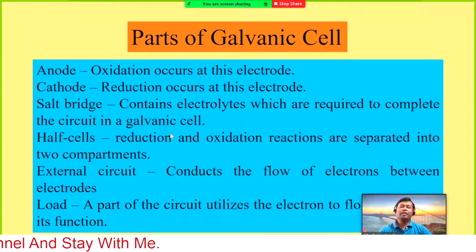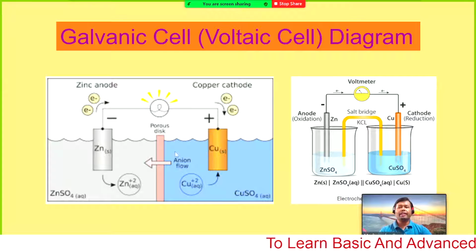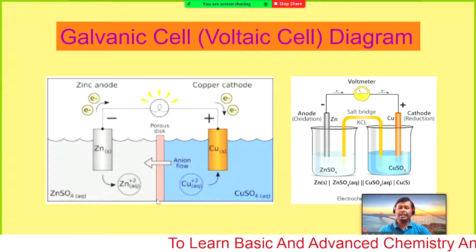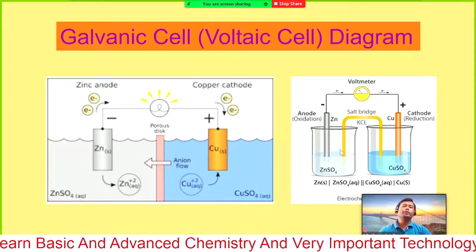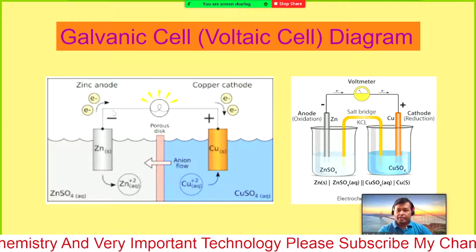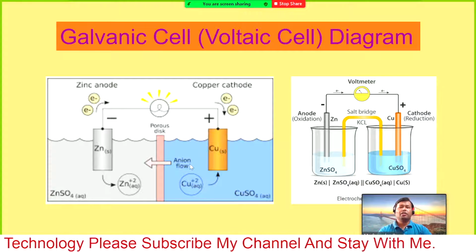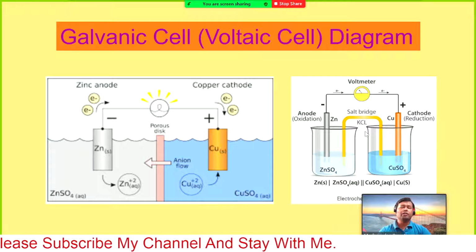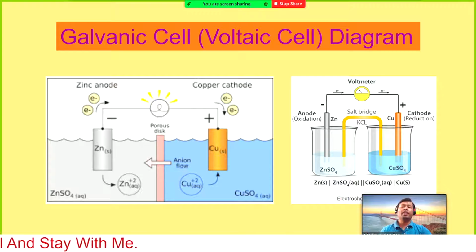Parts of the galvanic cell: already we have discussed what the parts of the galvanic cell are. This is an electrolyte, this is another electrolyte, an electrode and another electrode, two different electrodes that can be connected directly or indirectly, or put into two separate cells. This is the direct connection and this is the indirect connection. Sometimes you may have a salt bridge or sometimes a porous disc. Those are the components of a galvanic cell.